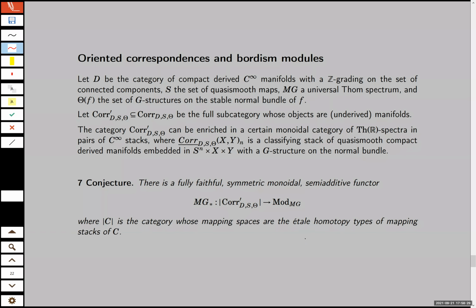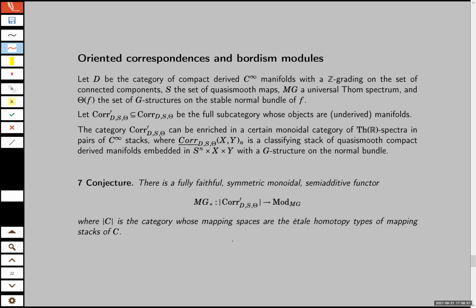But the point is that there's a category you can construct. The idea is that using the methods which were used in the proof of the theorem on the previous slides, the theorem of this paper, together with methods more similar to the ones used to prove the universal property results,